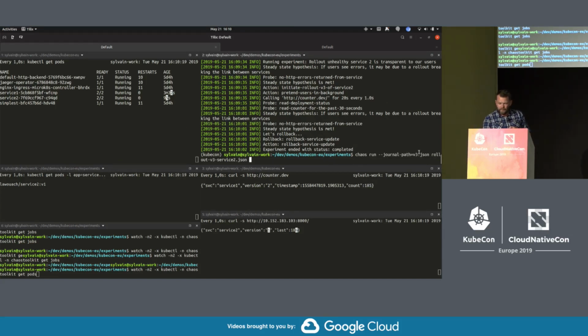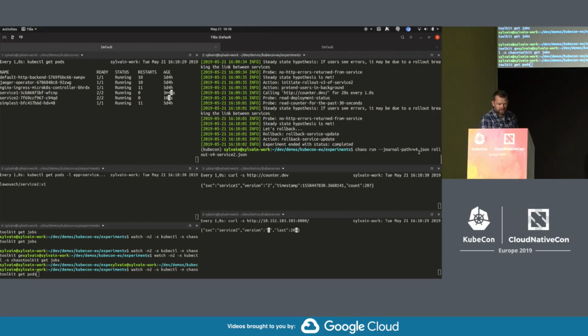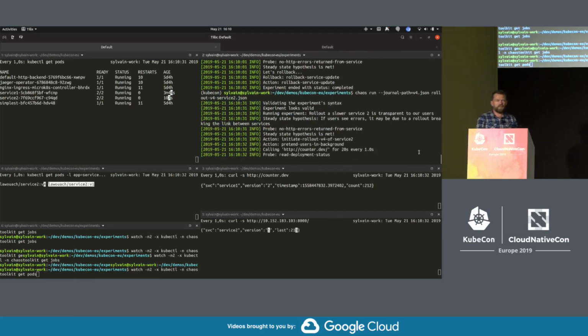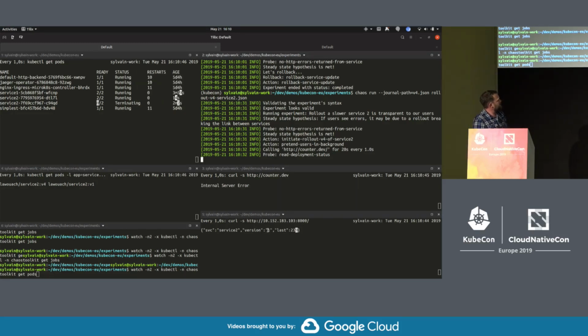Now, what if, and that's the one that is interesting because so far you've seen only green, so you're like, oh, fake demo, fake data. Right, so what if we now release a version where the else probe is going to be fine, but it's a little slower? So when service 1 talks to it, service 2 is too slow to respond. What's going to happen? In theory, we should see version 4 has been flipped here. It should come back in a minute.